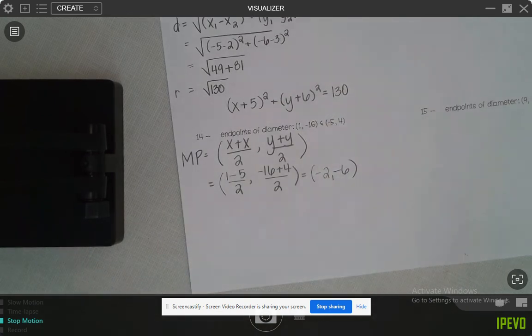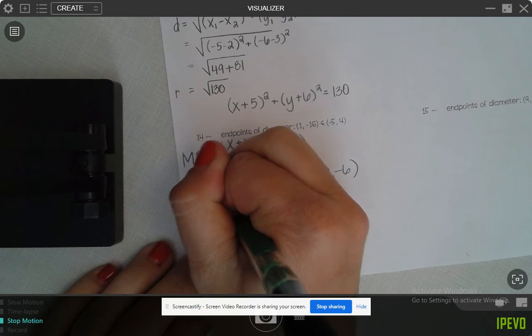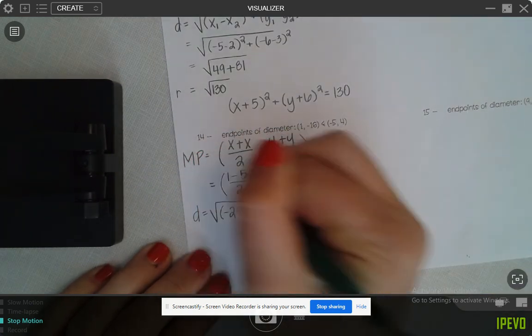Okay, there's my center. Do I know my radius? How do you find it? You have to use your distance formula. You take one of the endpoints and one of the